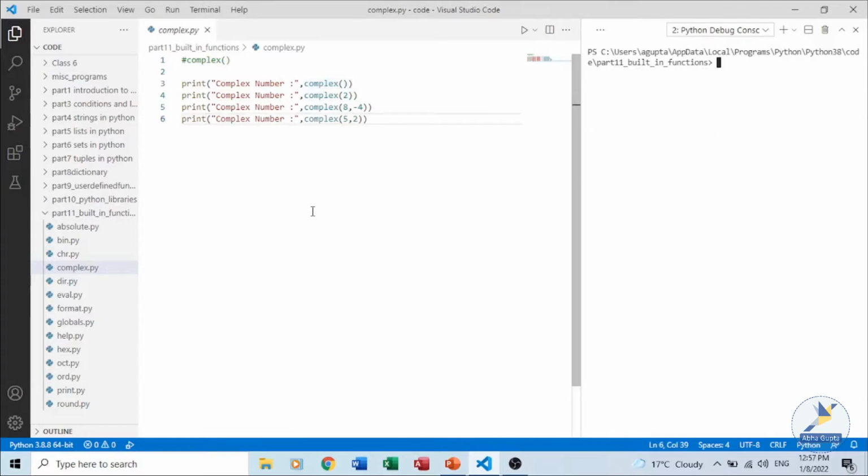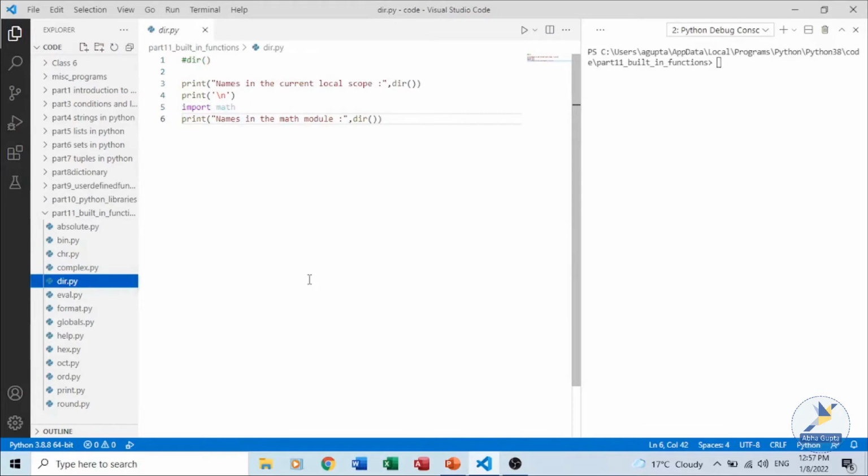Since we are taking up the functions in alphabetical order, next we have the dict function, which we have already discussed in the previous videos, which is used to create a dictionary. Next we have the dir function, which returns a list of the attributes and the methods of any object, like functions, modules, strings, lists, dictionaries, etc.